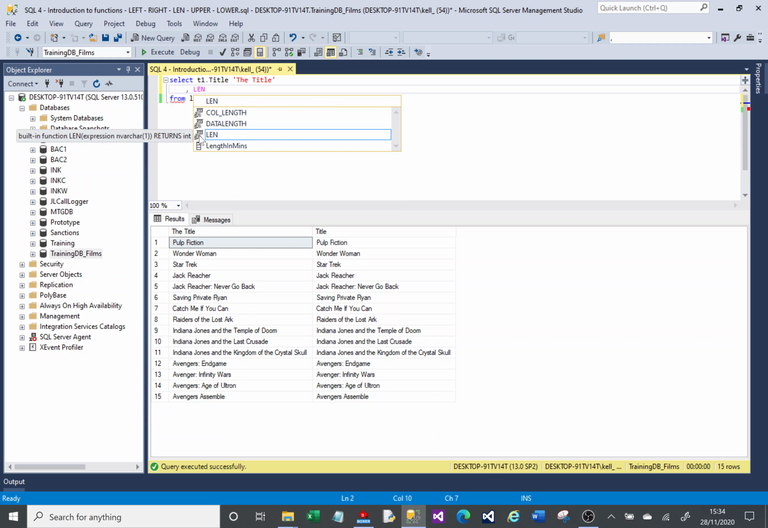And here, a little icon tells you it's a function, it even tells you it's a built-in function. If I do a bracket, it will tell me that it expects a parameter, and it's a string parameter. So I'm not going to put in any text, I'm going to put in my column name. So if I do t1.title and then brackets, when I run that,